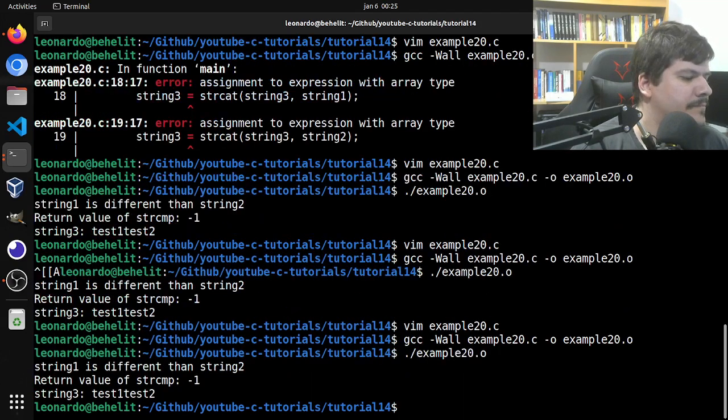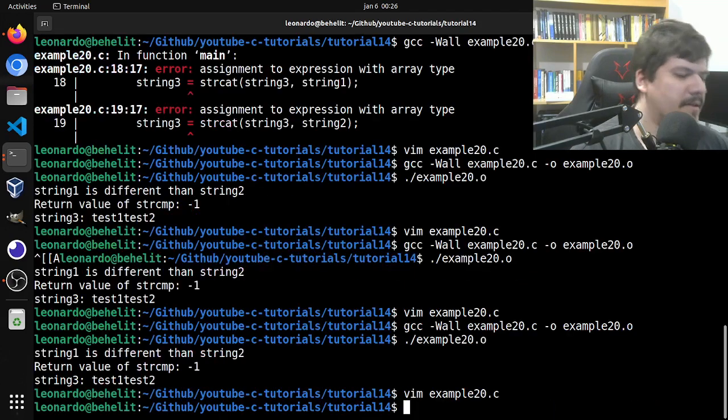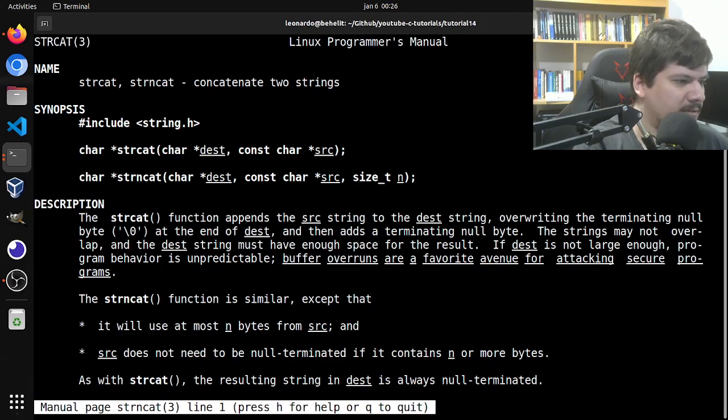So yeah, still didn't break our program, but you have to be very careful with that. To avoid doing things like that, C provides us with a safer version of that function, which is strncat. This function is very similar to strcat, string concatenation, but this one